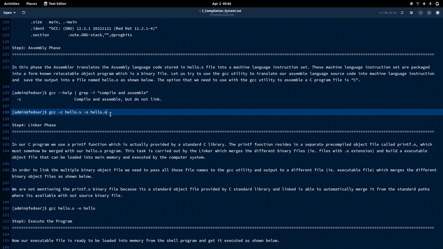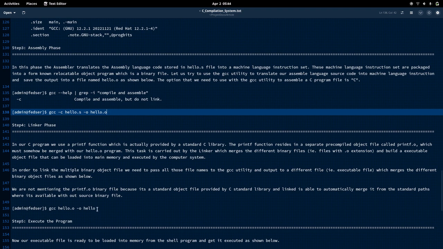Okay, so the stdio.c file is pre-processed, compiled, and assembled, and it generates that stdio.o file. So these two files, stdio.o and hello.o, are clubbed together, and it forms an executable file, that is hello.